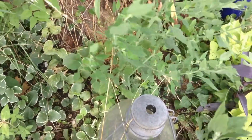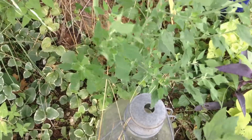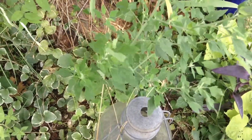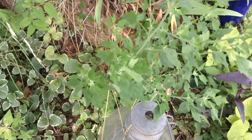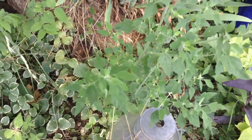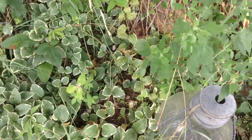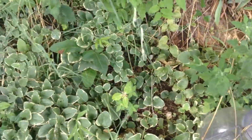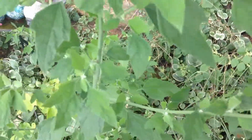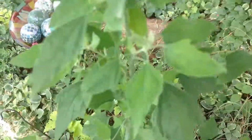One of the other things that I want to say, you can harvest these from late fall to early winter, and they make an excellent mix to add to other greens, and you can use them fresh in salads. I have used many recipes, especially in fish dishes, and also when I don't have spinach on hand, I use this